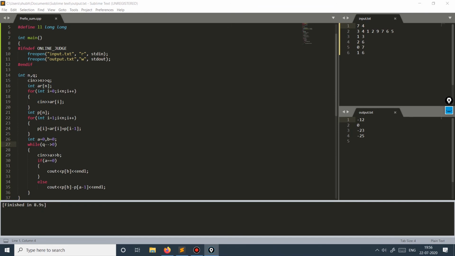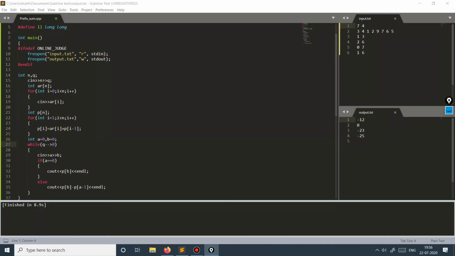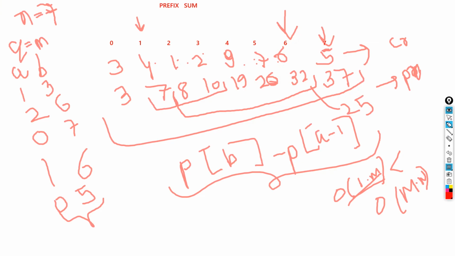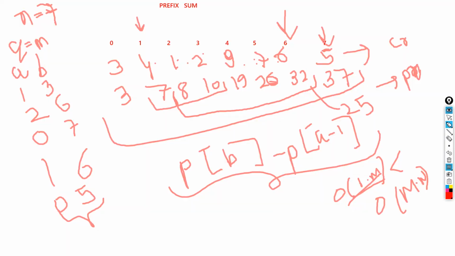Okay, and what were the elements that we were having? First query is 1, 3, then 3, 4, 5, 6. Okay, 3, 4, 1, 2, 9, 7, 6.